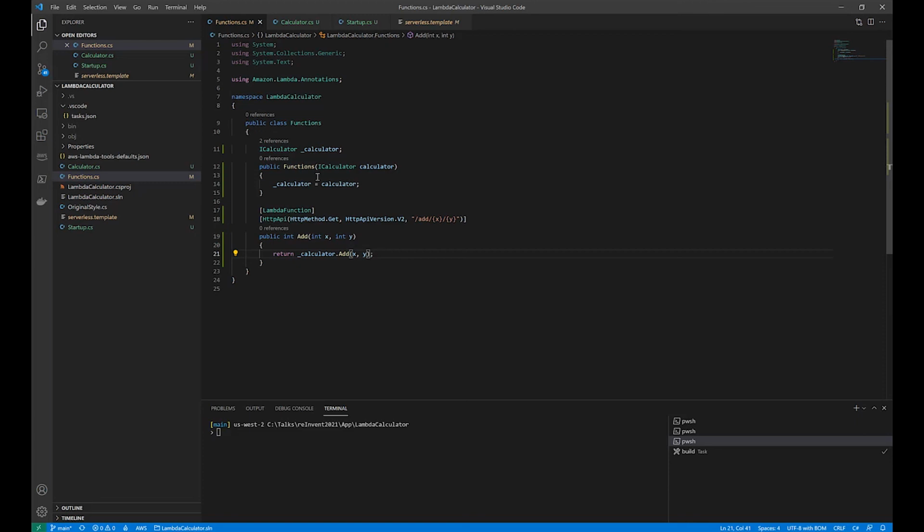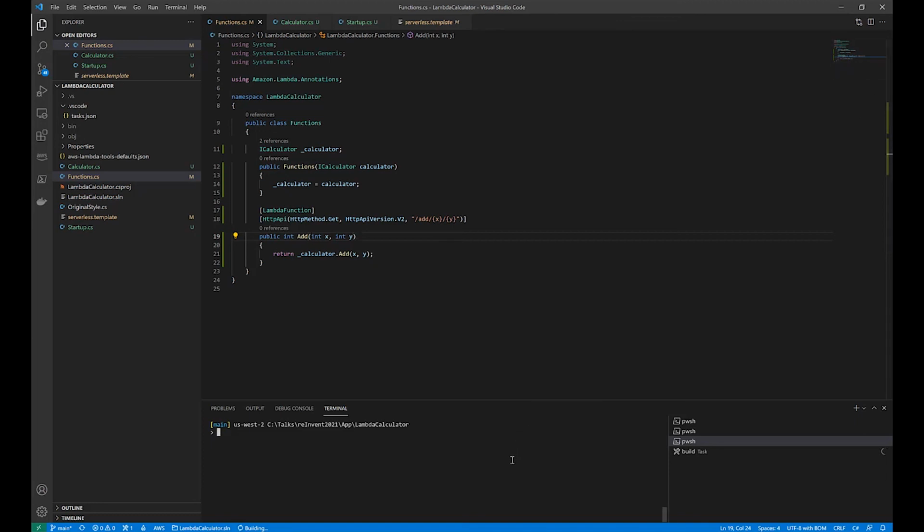If you wanted a resource, or excuse me, a service that was working as more of a scoped one, where that resource was created from your dependency injection for every single request, I could do it in the actual method signature. I can say from services, and then pass it in through that way. So that's the other way you can inject your services into there. So now, if I compile that, that would build in our application.